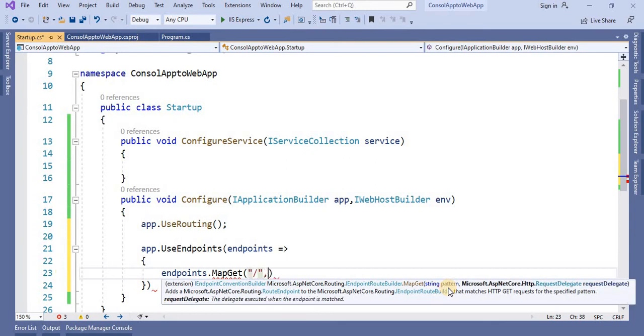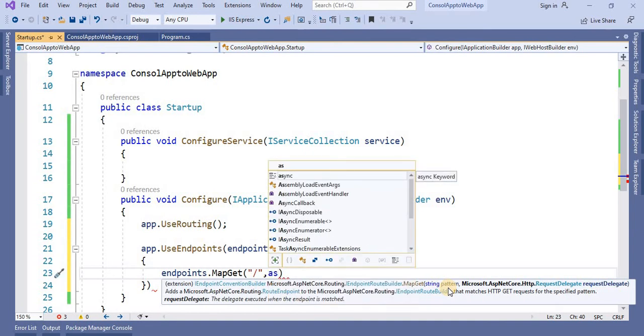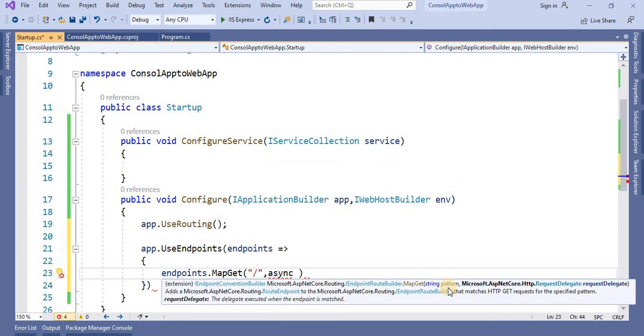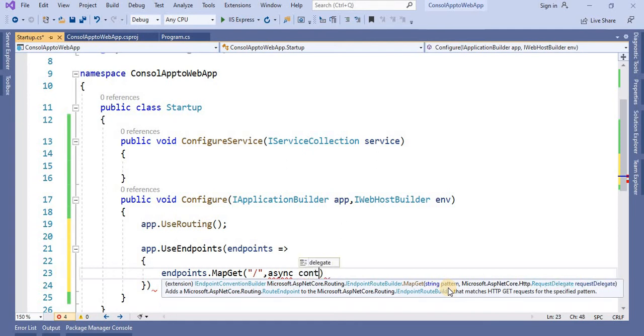And next we have to make this application an asynchronous application. So let's take this asynchronous way, and then we have to take one variable called context.